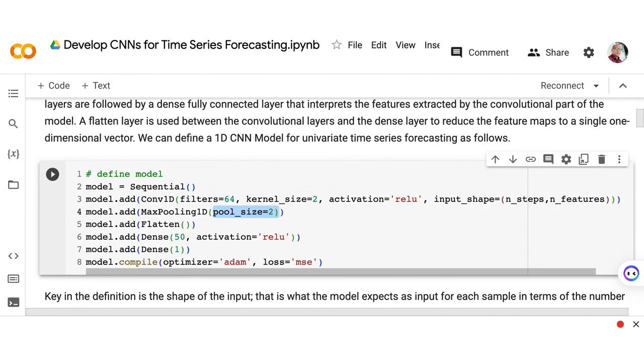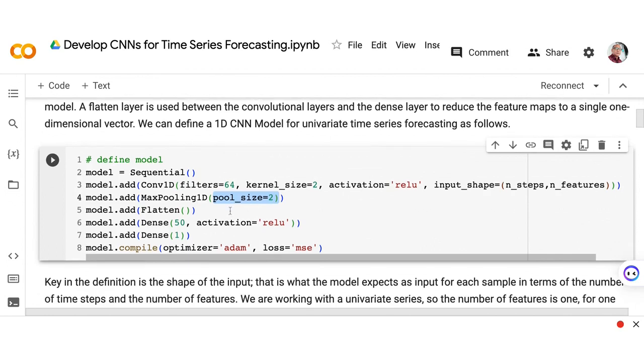So what the convolutional layer does is convolve from one layer to another, extracting features using the dot product calculations of each convolution that it has.